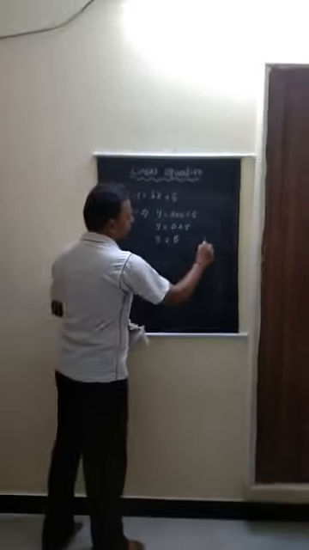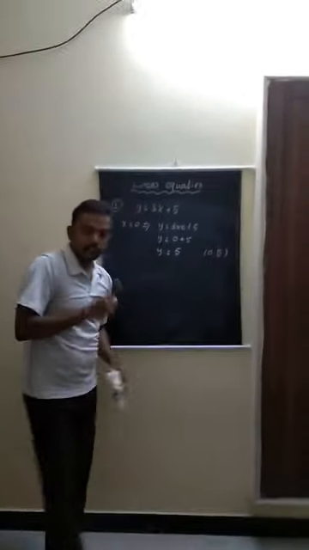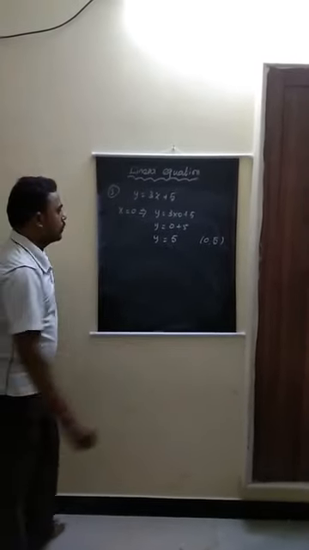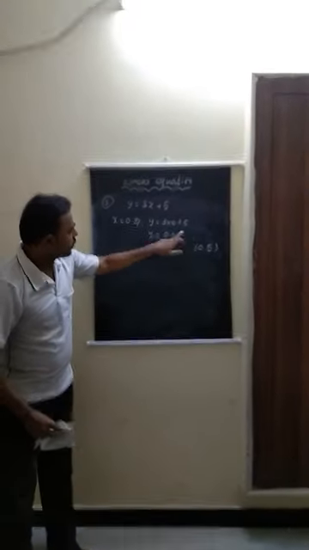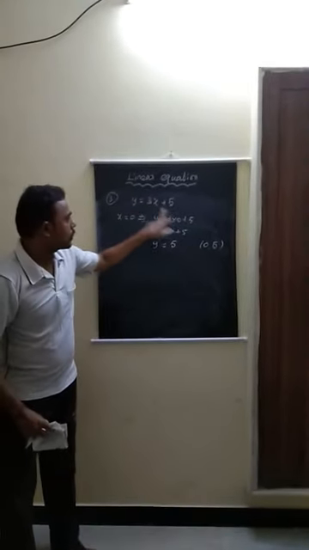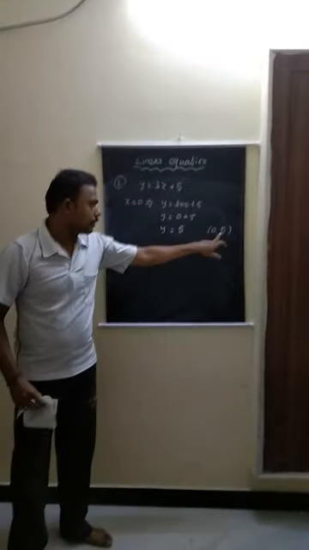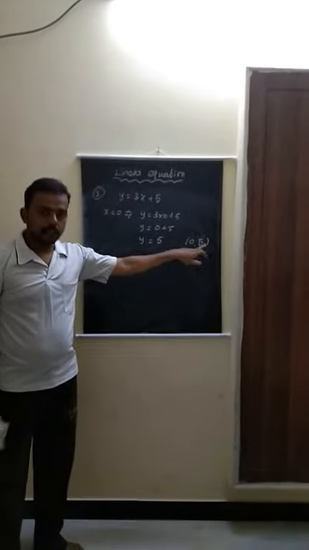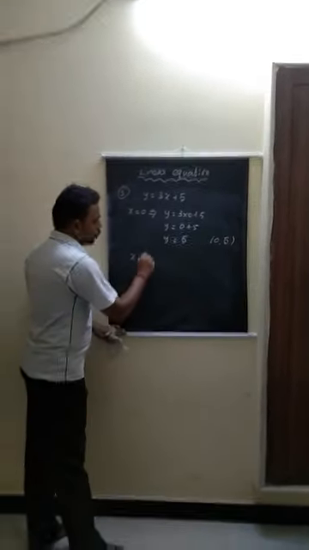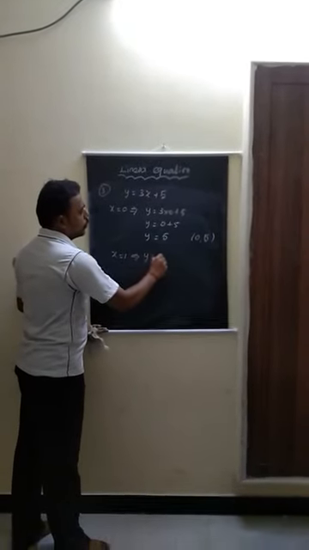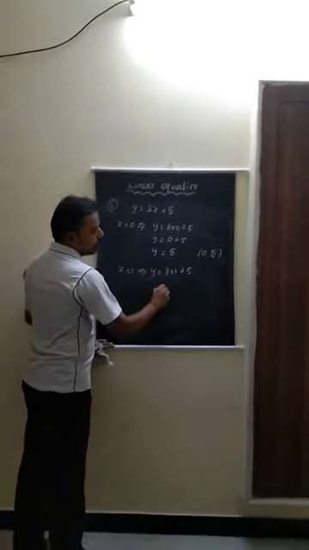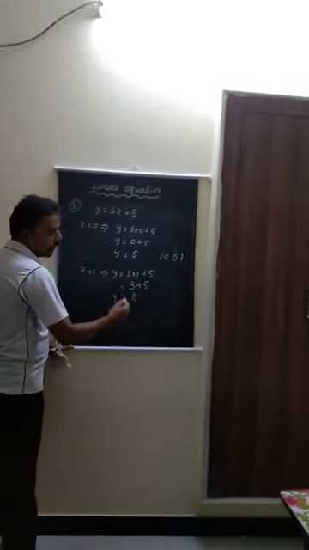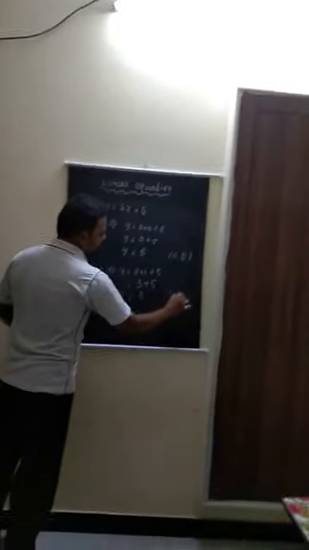Now the solution form is 0, 5. That is the point form discussed, x, y. So 0, 5 is the point. This is one of the solutions. What is meant by solution? This number should satisfy this equation. That is, substitute x equal to 0, you get y equal to 5. This is the meaning. Right. Suppose x is equal to 1. What happens? y equal to 3 into 1 plus 5. So 3 into 1, 3 plus 5 equal to 8. So y equal to 8. So the solution is 1, 8.